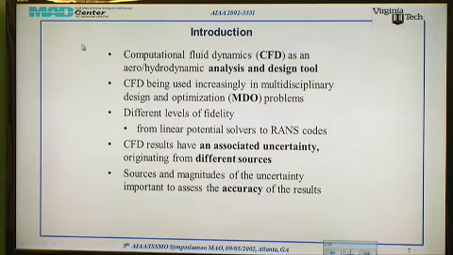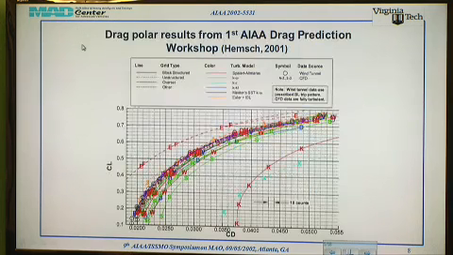And this was his introduction, that we have Navier-Stokes solvers, and there is all kind of uncertainty, and it's worthwhile looking and seeing what happens when you try to analyze a problem for which you have experimental results. And to show that there is a problem,